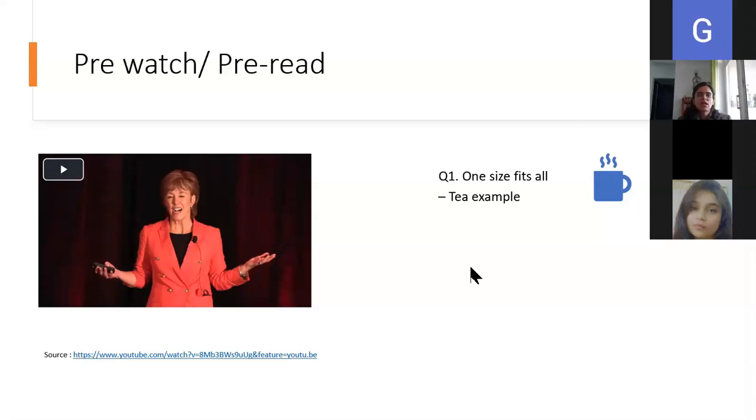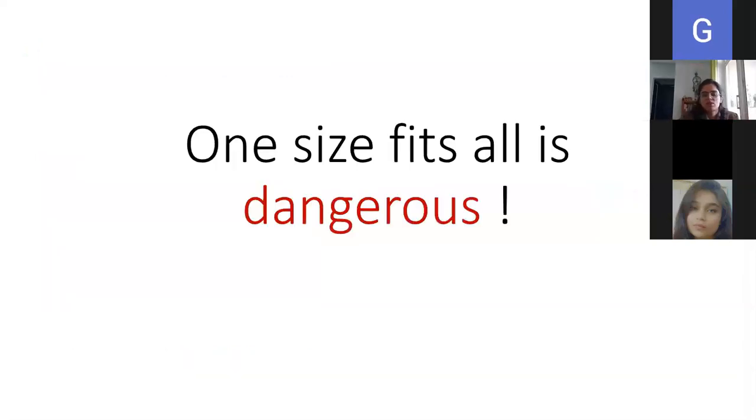So there's this segment which likes hot tea and this segment which likes cold tea. And what I do is club them and create something midway and come up with lukewarm tea. What will happen is that neither the segment who likes hot tea will try my lukewarm tea, nor the people who like cold tea will like it. So she stresses the need of segmentation, and how dangerous one size fits all is.